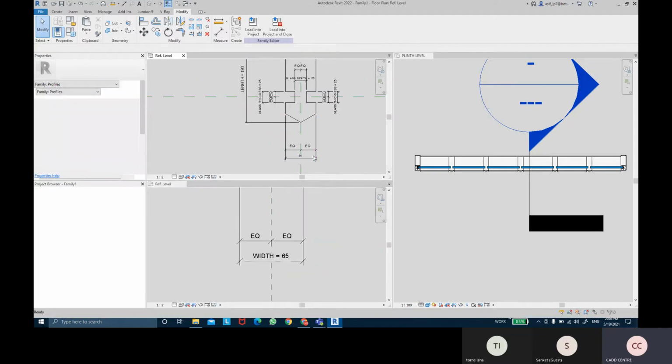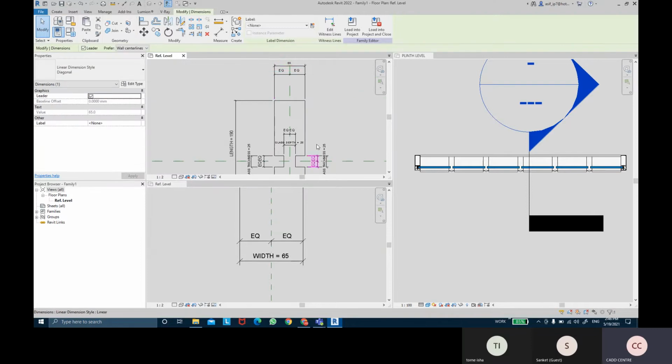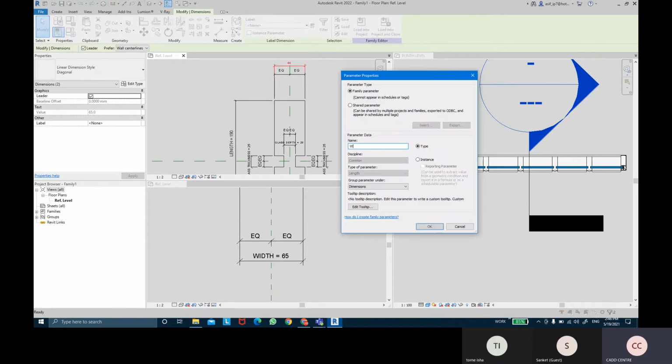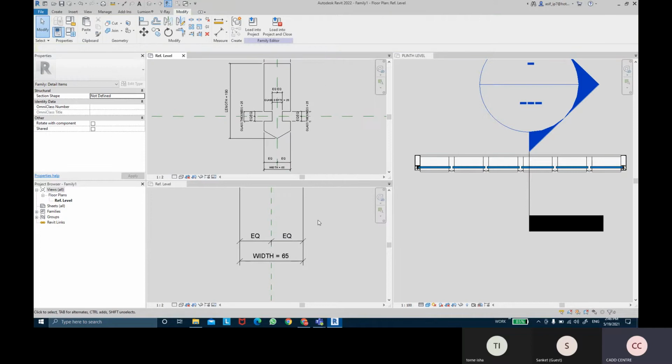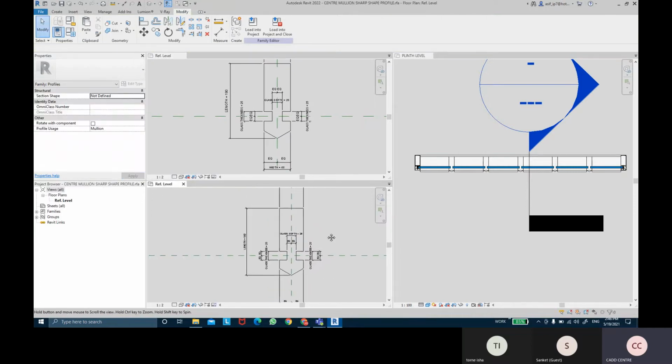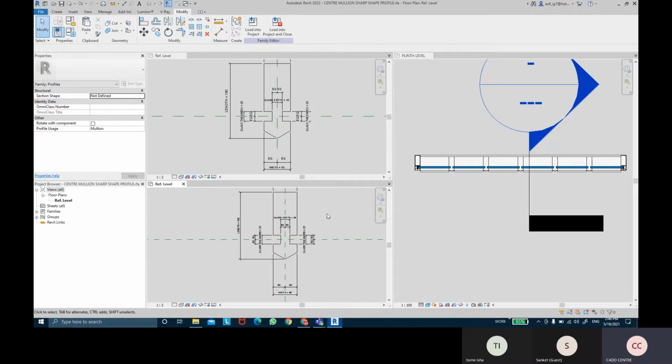The width, actually these and this width. So all the parameters have been named and labeled as they were being labeled in the profiles.